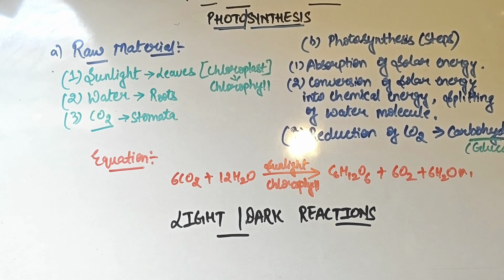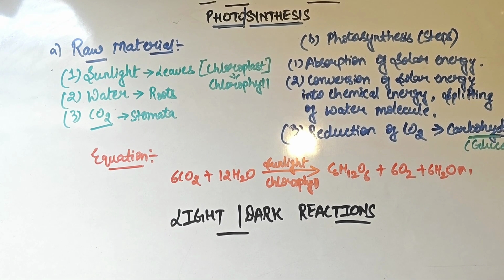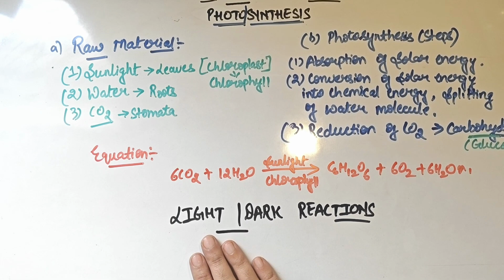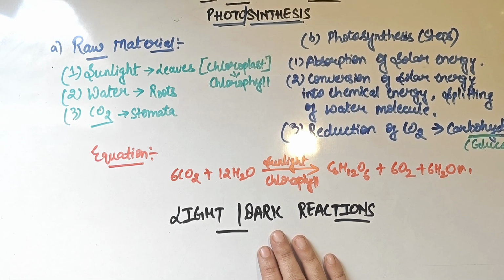So I hope you know, since we talked about the 3 steps of photosynthesis, let us understand what light and dark reaction are through this part only. Now what do you think? What is a light reaction mainly? Light means something. Here we are talking about maybe sunlight, and here we are talking about darkness, maybe night,